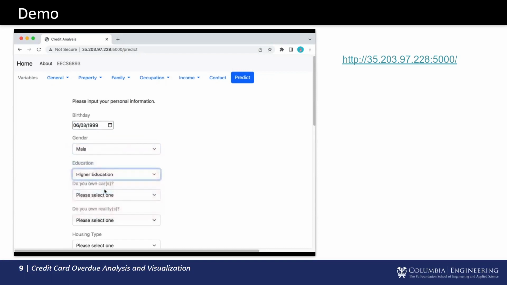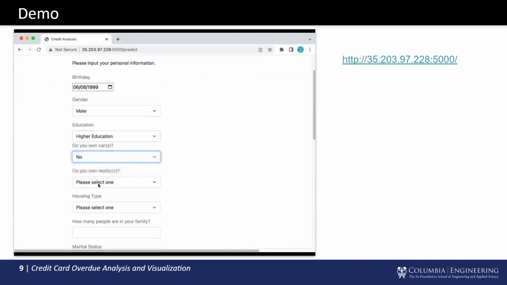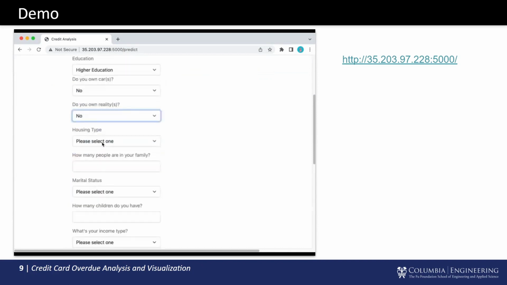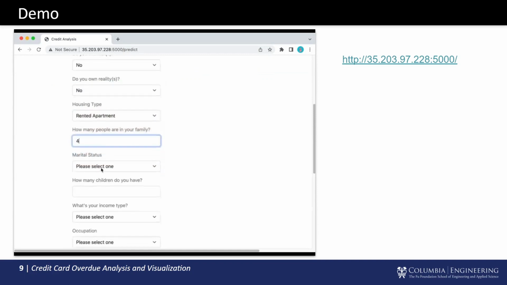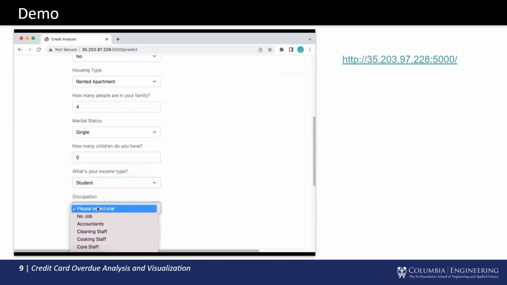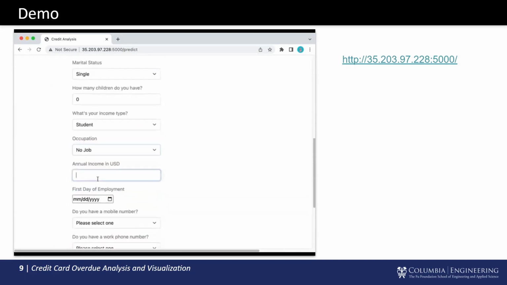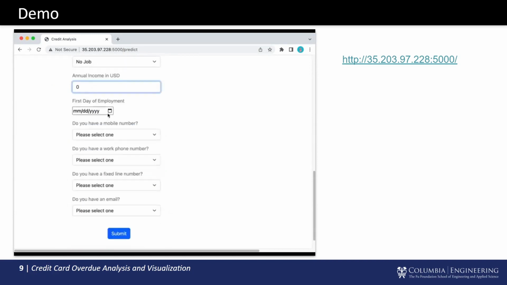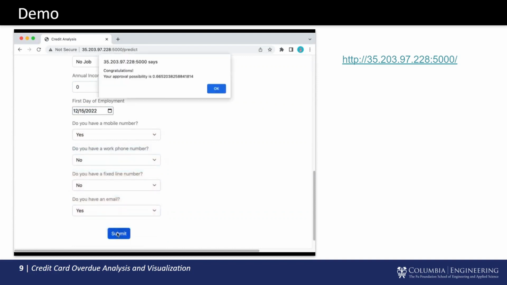So here we select random values for each required field to make the prediction. And once you click submit, you will see a probability calculated and displayed on the web page.